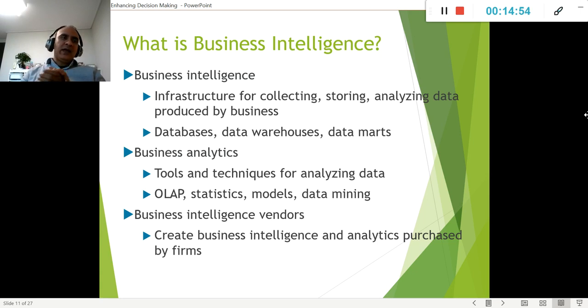So we have information from the consumers, what they want. We have information from the distributors, what they sell. We have information from logistics, where they move. We have information from the production, how they produce, how often, how much, when they stop. And we have data from the financials. So how does it all come together?